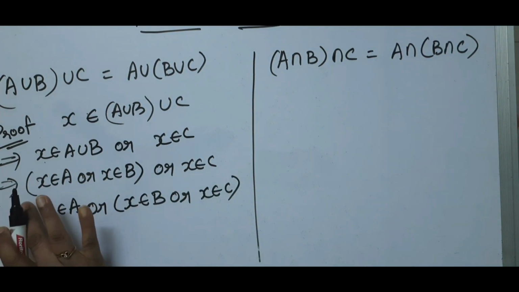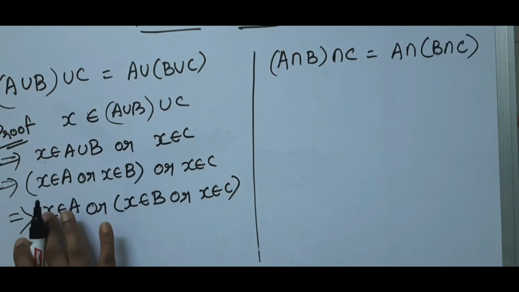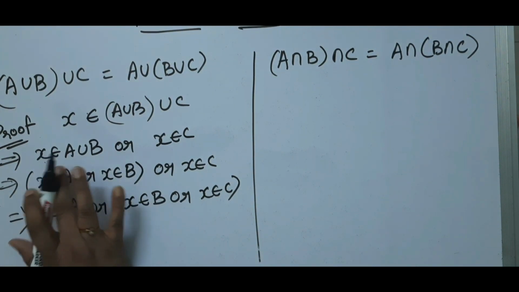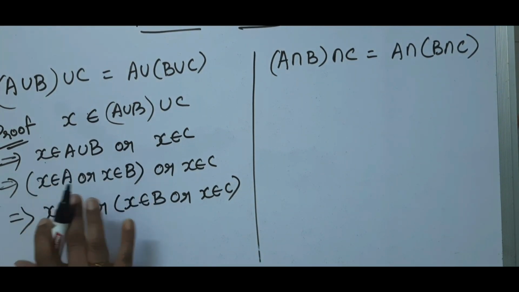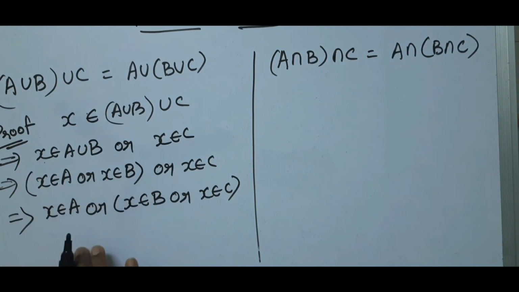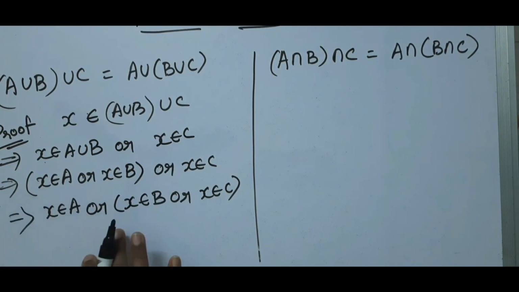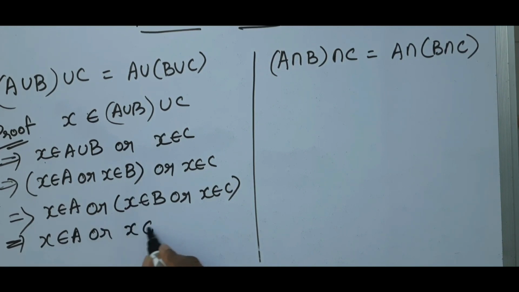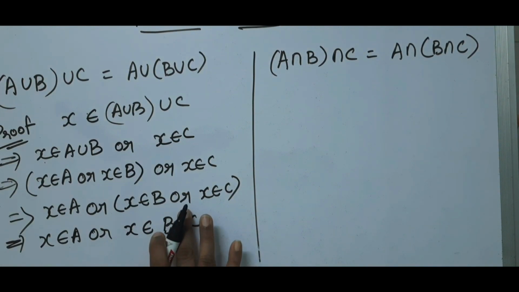Okay. First, I have written the statement by splitting it. So here union is there. So I have written X belongs to A or X belongs to B. Next here, I have removed the brackets here and I have begun here. So this can be written as X belongs to A or X belongs to B union C. Is it not? So when X belongs to B or X belongs to C, this can be written as X belongs to B union C, as union indicates the word or.